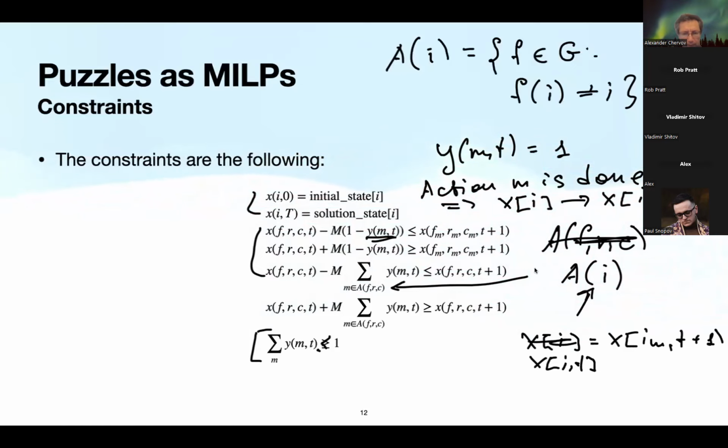I hope you see that. So if a move m is done, we have such a relation, such an equation.